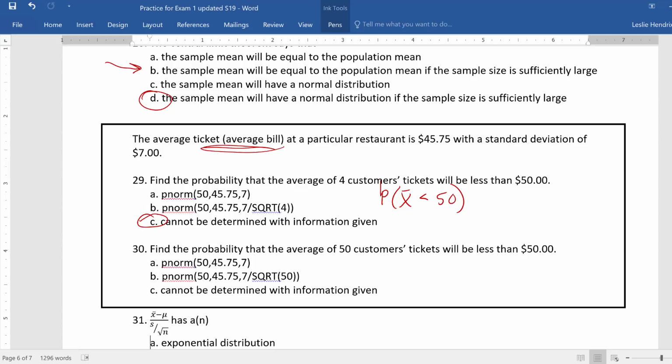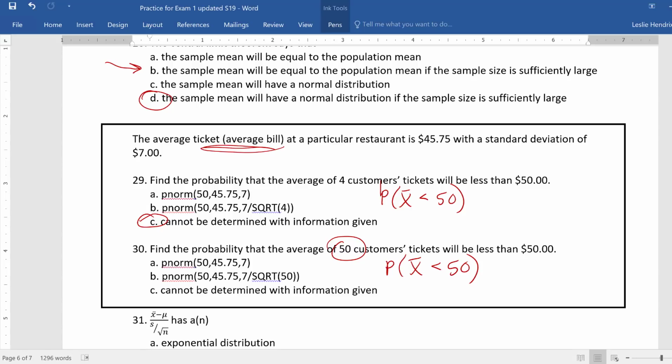However, in question 30, we're looking at the same probability. We want the probability that the average of 50 customers' bills is less than $50. We weren't told that the tickets have a normal distribution, so we can't guarantee that the X bar has a normal distribution that way, but we do have a large sample size. We have a sample size of 50. So we can assume that the central limit theorem is going to kick in and give us a normal distribution